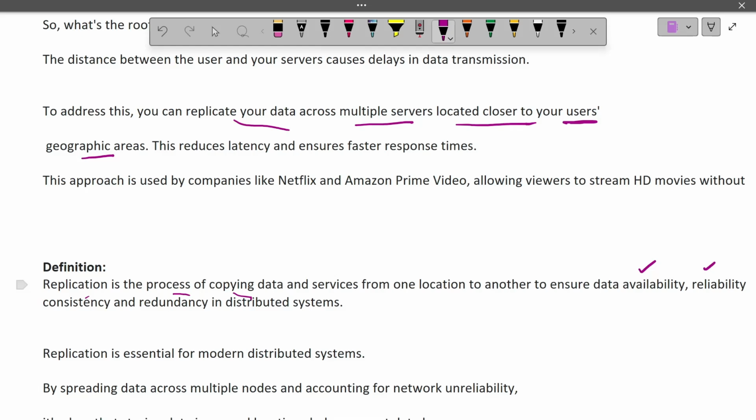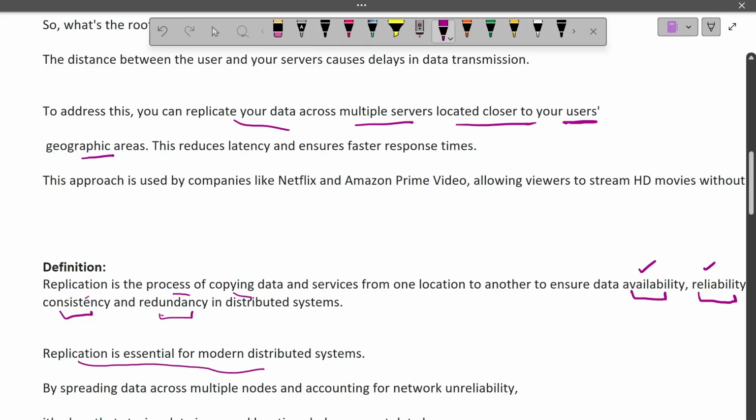The website is always going to serve the data. Your availability is being taken care of, which is also going to guarantee you the reliability, that your website is reliable no matter where the user is coming from. He's going to get the data. Consistency, because you have replicated the data across different locations, so it is also going to take care of the consistency. And redundancy, because you have made a copy of data across different data services across different locations, like we covered on redundancy. Replication is essential for modern